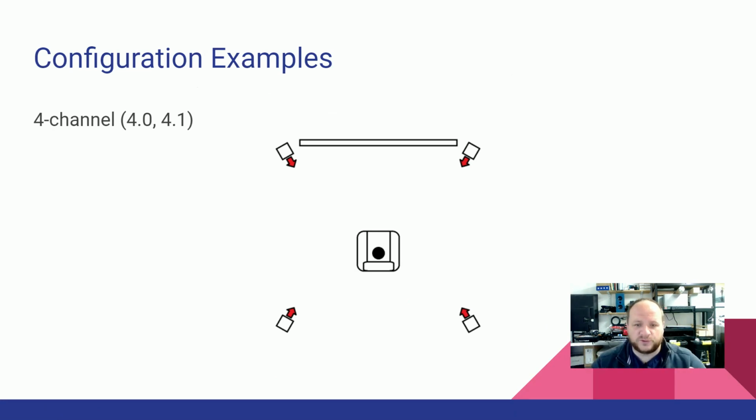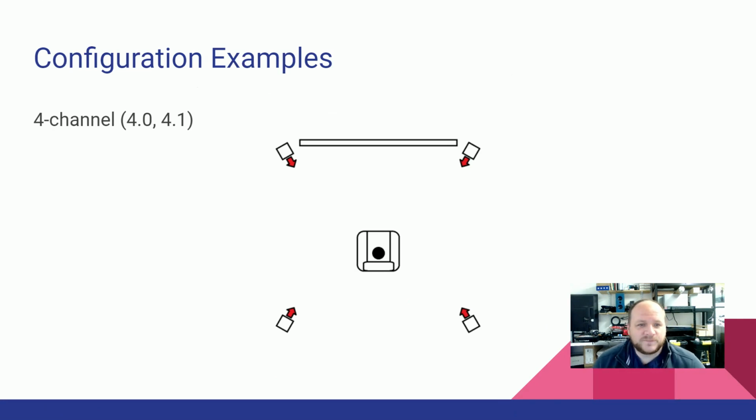They are purely for just illustration. They're not precisely measured or anything like that, so don't take what's here with a pinch of salt. This is just to demonstrate where speakers can be and where they should generally be pointing. So in these diagrams, the bar at the top is essentially your screen, and the artistic squiggle in the middle is the listening position or someone sitting on the sofa, but he has no body, so yeah, that's why it